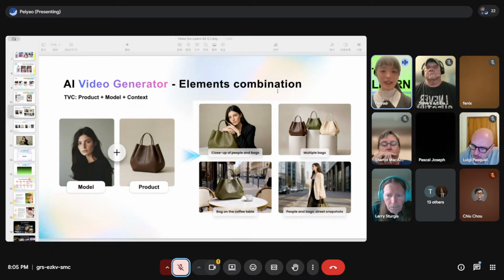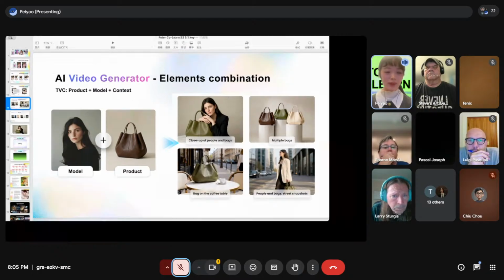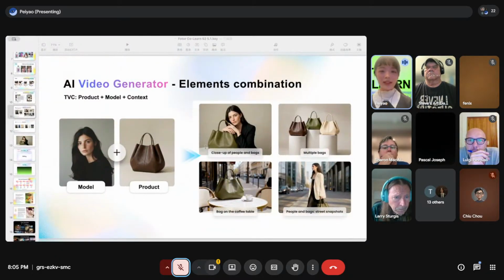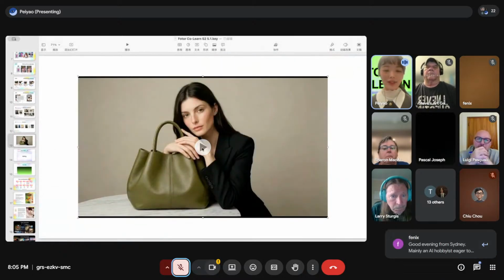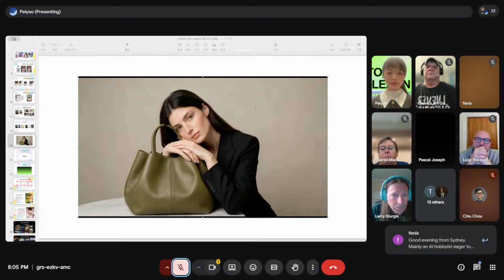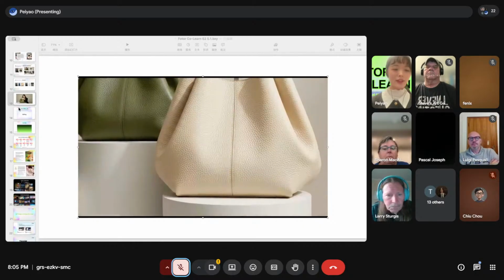So today, after you make images, you can also try our elements combination feature, which generates two elements together. For example, we have a model and a product here, and we can combine them to create these campaigns or a mockup mood board for your customers. We can also create it in a more creative way. And this is the final. After you generate the